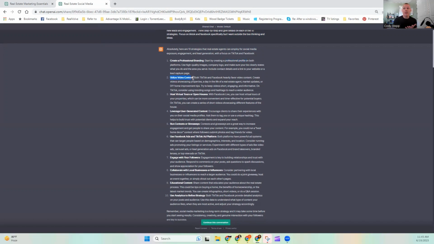It's realizing that both TikTok and Facebook heavily rely on video content, especially with Facebook coming out with Facebook Reels and Facebook videos. Because it's a new feature, typically speaking, when a social media platform brings in a new feature, they boost the engagement rates so that people will start to adopt them.